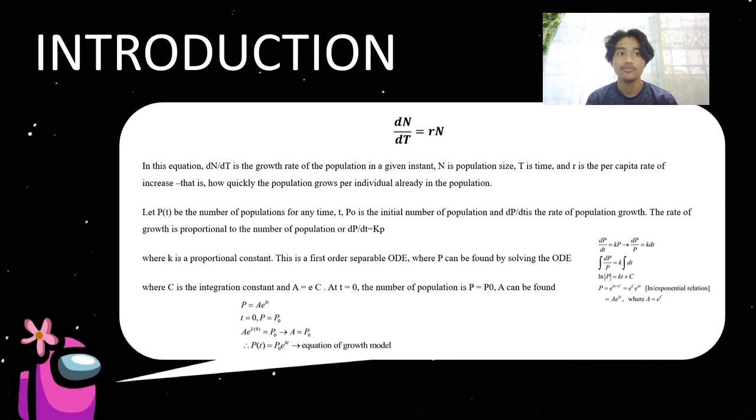The rate of growth is proportional to the number of population, or dP/dt = kP, where k is the proportionality constant. This is a first order separable ODE, where P can be found by solving the ODE, where C is the integration constant and A equals e^C at t equals 0. The number of population is P equal to P